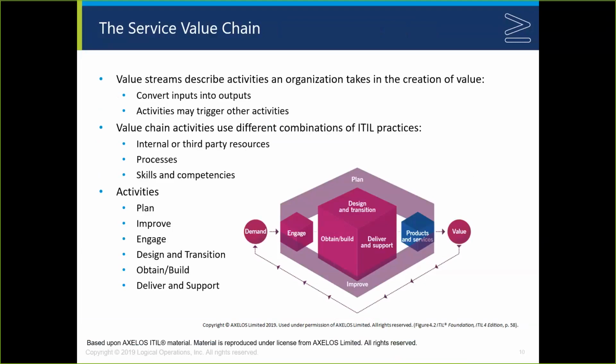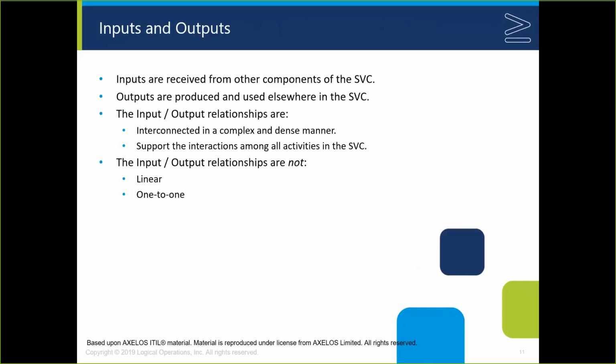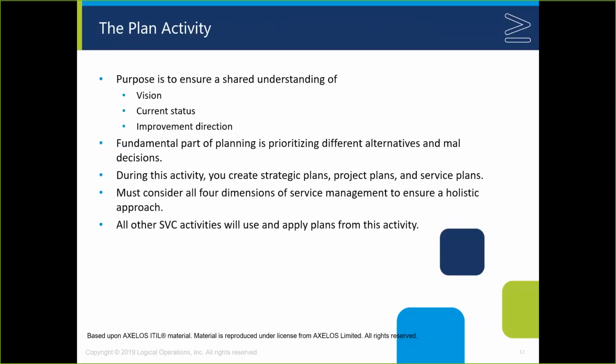Right? So they came up with this very high level way to think about the core activities that we engage in, and the fact, of course, that we do different combinations of these activities all the time as we go through and help customers deliver service, right? That within the service value chain, we get inputs in from one part of the chain, we do things, and we produce outputs that go someplace else. And so this is messy, right? There's lots of different combinations of inputs and outputs, that we work together across a lot of these different activities, depending upon the nature of the work that we're trying to do.